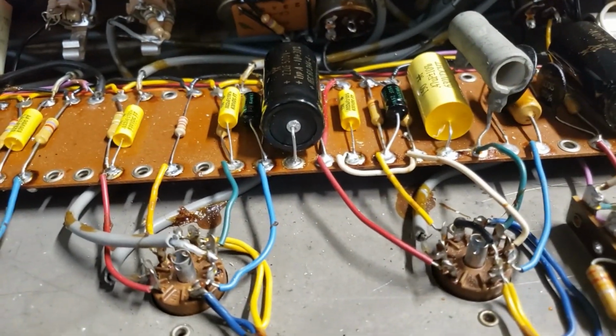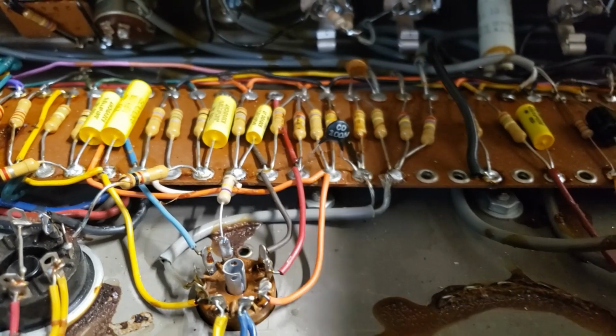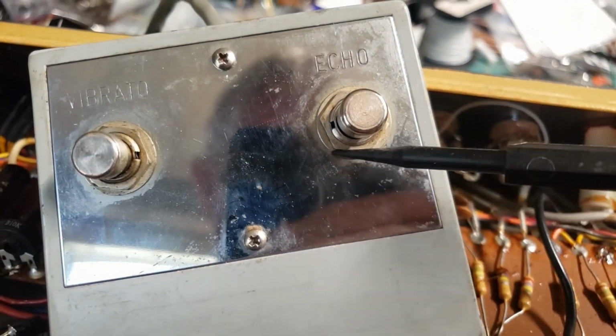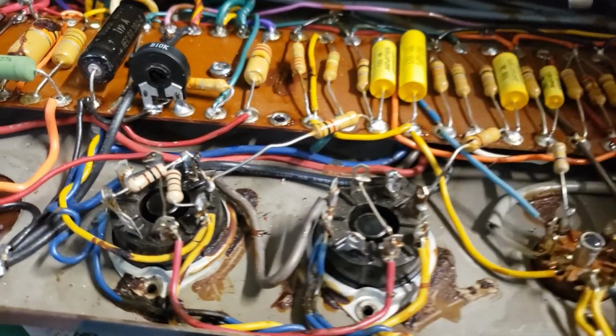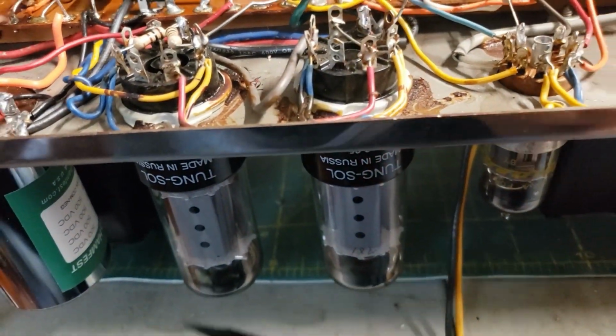So the Gibbs reverb tank is working fine. I had to replace the switch for the echo reverb on-off on the foot switch. That's just a standard Carling, the same as was made and used in 1966. Oh yeah, the original